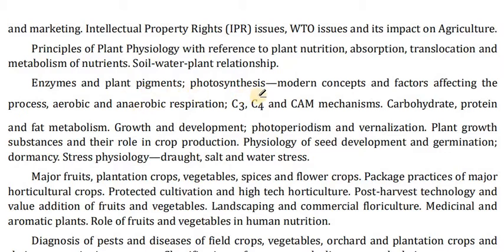plant pigments, photosynthesis, modern concepts and factors affecting the process, aerobic and anaerobic respiration, C3, C4 and CAM mechanisms, carbohydrate, protein and fat metabolism, growth and development, photoperiodism and vernalization, plant growth substances and their role in crop production, physiology of seed development and germination, dormancy, stress physiology, drought, salt and water stress, major fruit plantation crops, vegetable species and flower crops, package of practices of major horticultural crops, protected cultivation and high-tech horticulture,